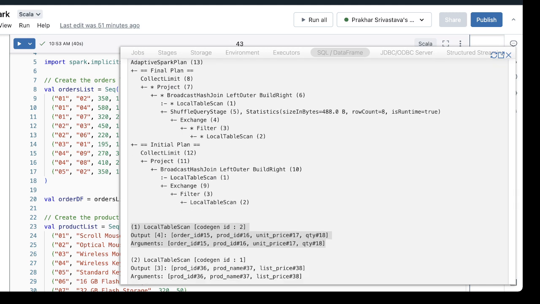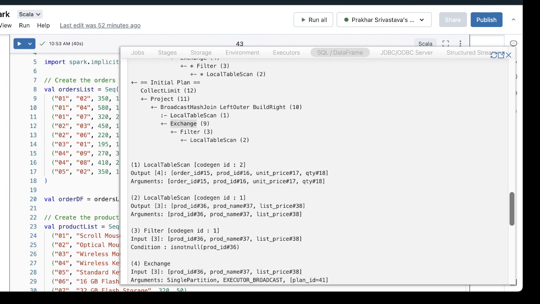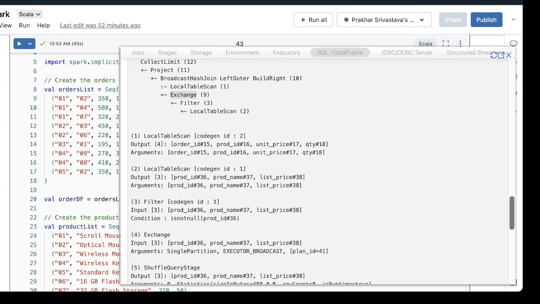So this is the initial plan which has been created, and this is the Spark created adaptive query plan. Okay, so we'll talk about this first. So table scan, filter applied, then exchange has happened. Okay, so in the exchange what happened is that this is the filter, this is a single partition. Okay, so they have created only 1 partition, and based on the